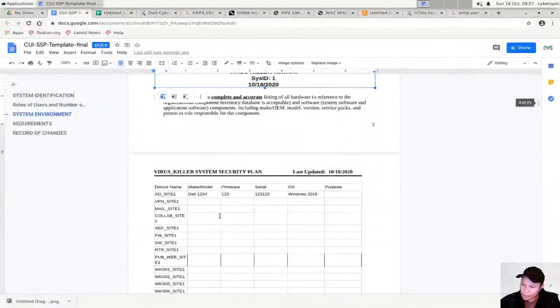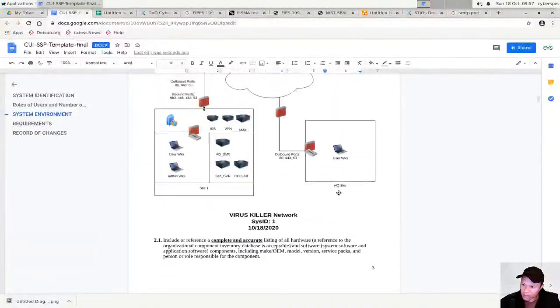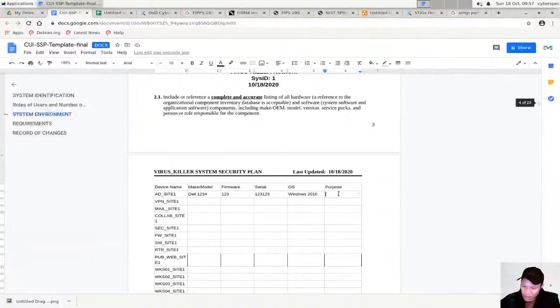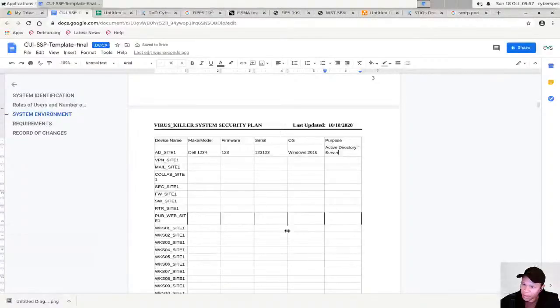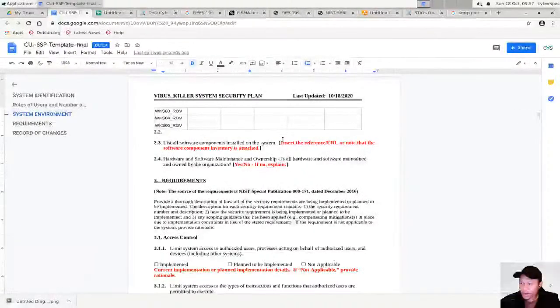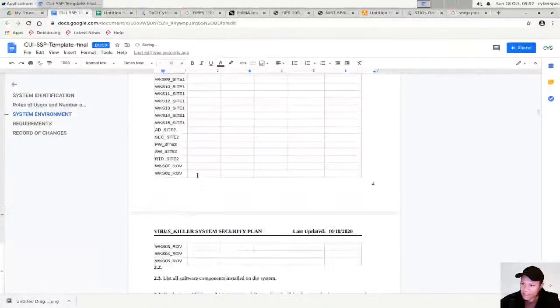Most proponents, I think, would disagree and say it's all critically important. But I think it's up for debate. So anyway, if you had cryptic names and you didn't really know what this stuff was, a purpose field would be much more appropriate, and you could just put active directory server or whatever. And then you would just fill all that out, right? Easy day. Now, software components is something that we did not really talk about much,